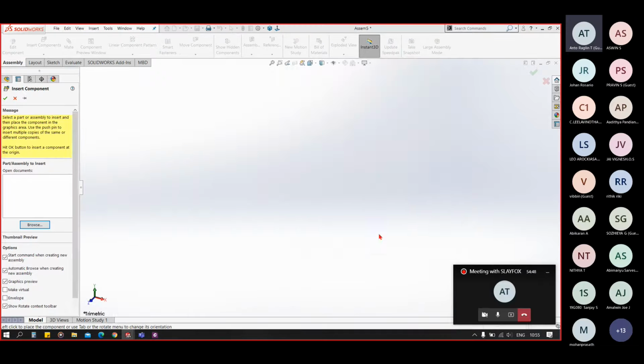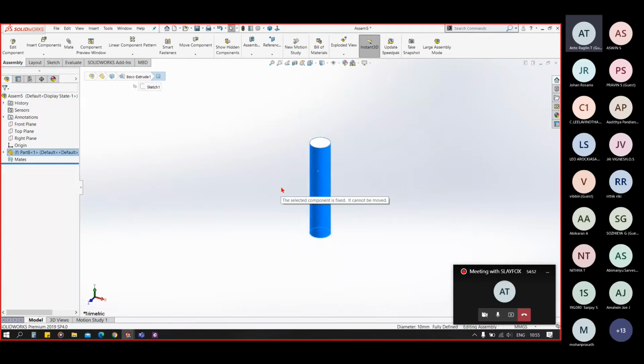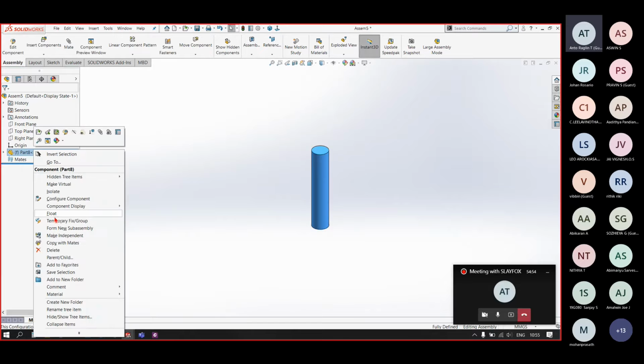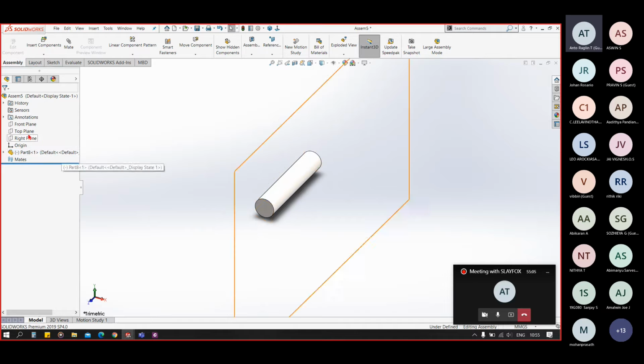So this is my shaft, but I don't want this shaft to be fixed. So I make this float, and I'll make this horizontal now. And now I want to fix this.